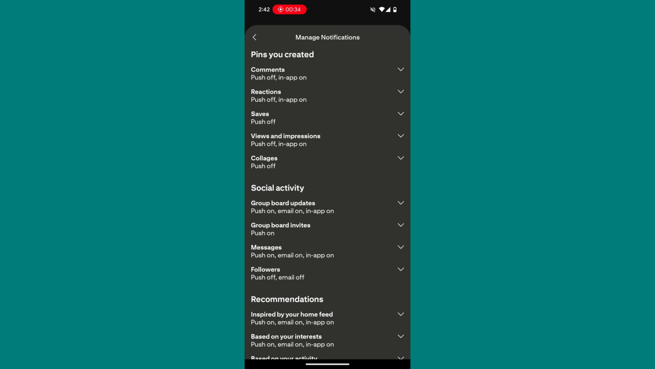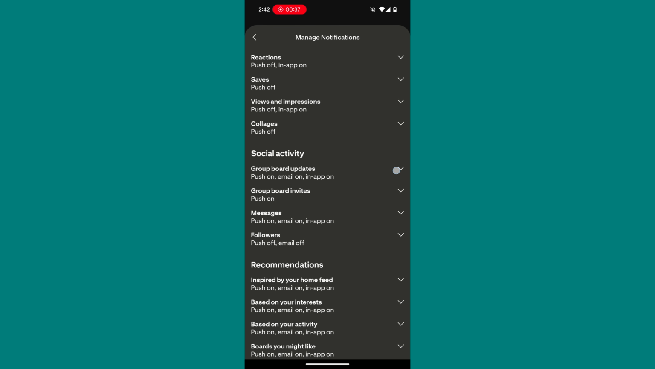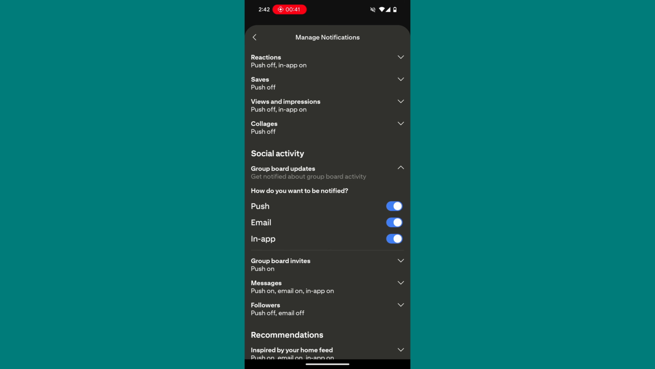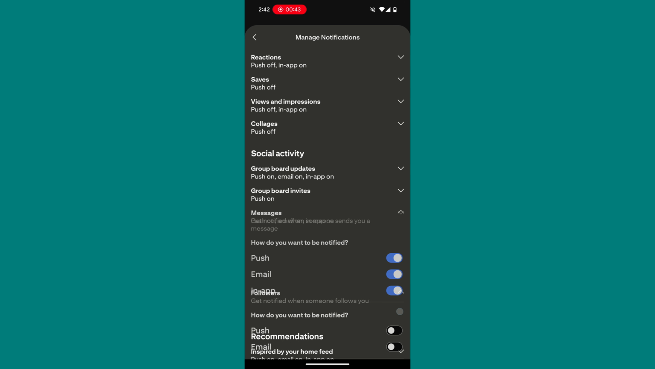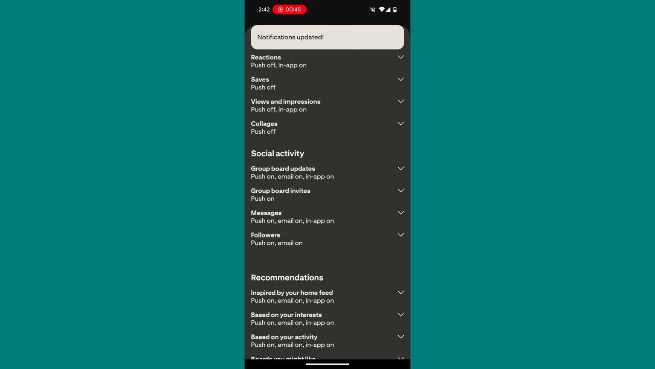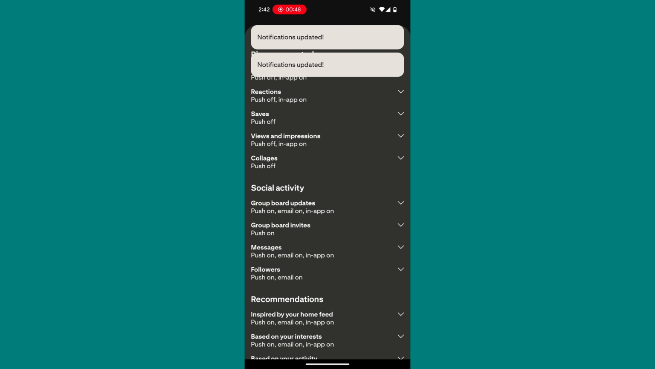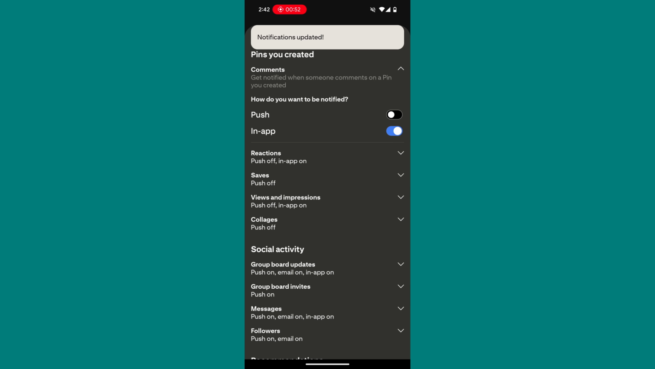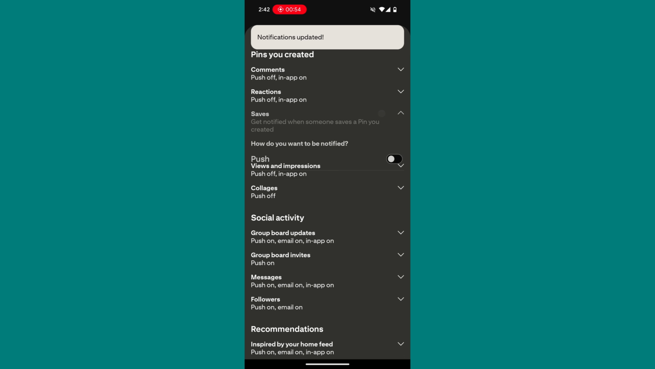notification. Then you have to scroll down and here you'll find an option of social. You have to click on all the options here and make sure it's turned on. And even on the top comment section, if you want notifications for comments, reactions and everything, you can click on